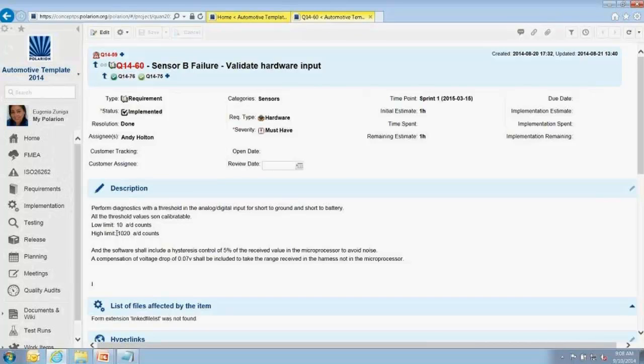Right now I cannot display them because the plugin is not uploaded to the server. But it will show here the list of files modified with that specific commit or revision. So you have full traceability from requirement, coding, files modified, and your testing.